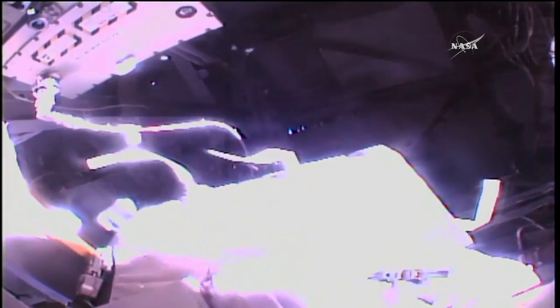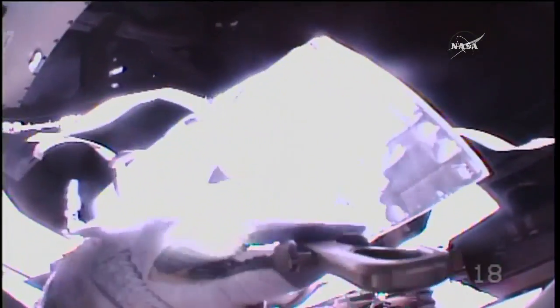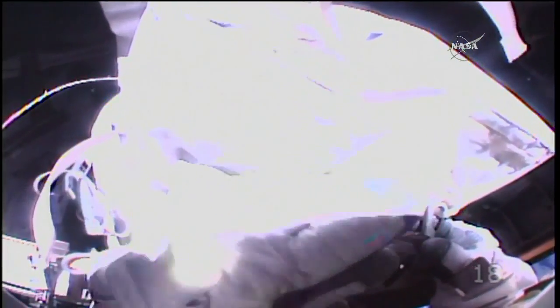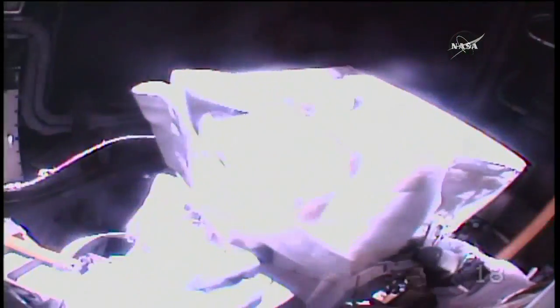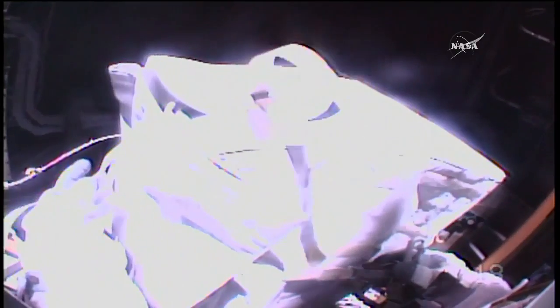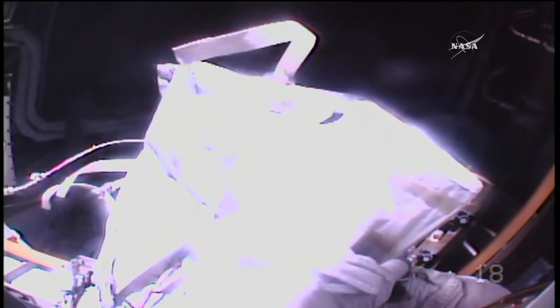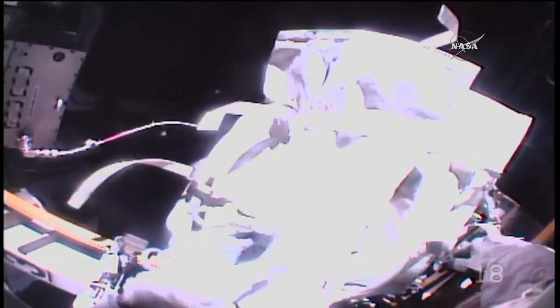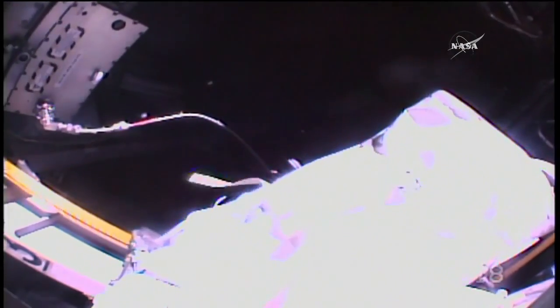Thanks to that fabulous build-up work by Thomas and Jack, and the procedures sent out by the guys from the ground. Once again, at the 2-hour, 18-minute mark into today's spacewalk, success declared by the flight controllers here in Mission Control. A healthy replacement multiplexer demultiplexer was put into play, built up by Peggy Whitson out of spare parts on Sunday morning after the other MDM in the slot in the S0 truss had failed on Saturday morning,